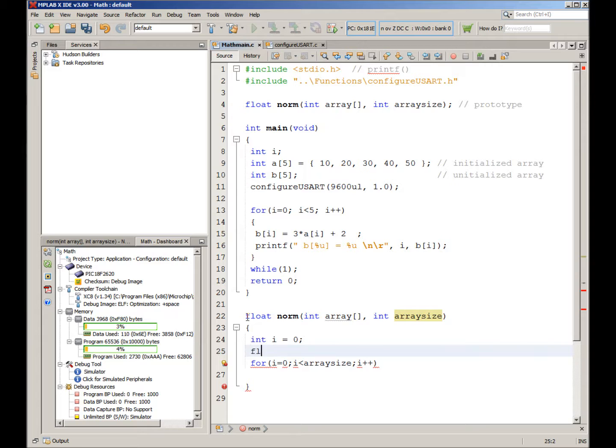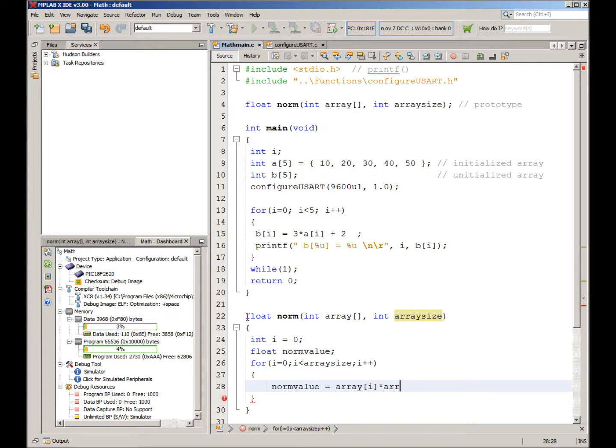Let's call it float norm value. Norm value equals array bracket I